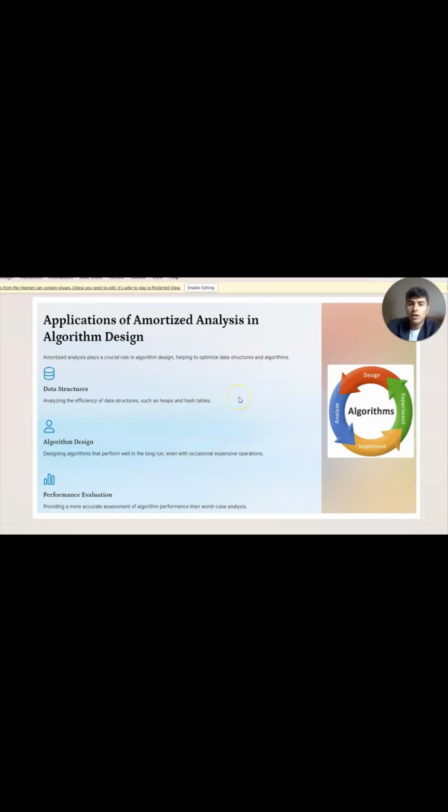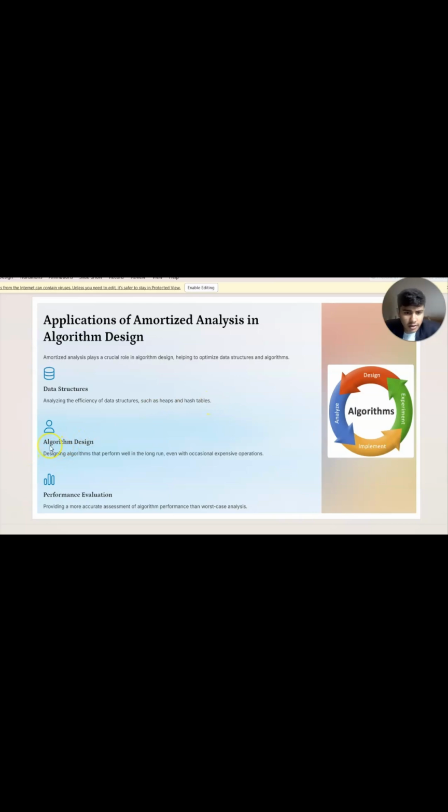Now, applications of amortized analysis in algorithm design. Amortized analysis plays a crucial role in algorithm design, helping to optimize data structures and algorithms. In data structures, it helps in analyzing the efficiency of structures such as heaps and hash tables.